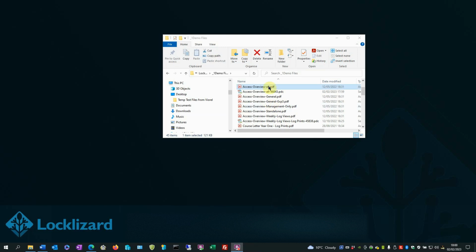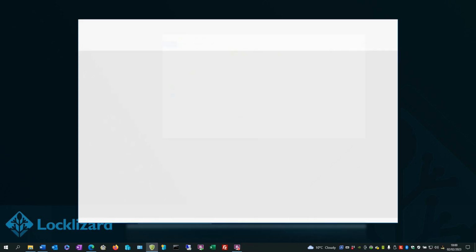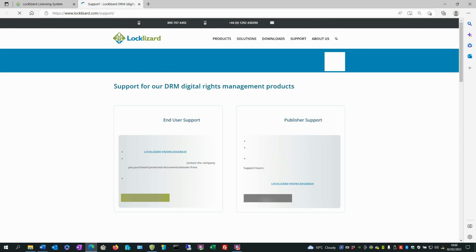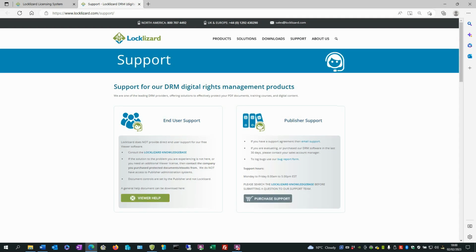Now if we double-click on the newly protected file, the Safeguard Secure Viewer will start to load and then direct the customer to the website or web page that you've set in the URL. In this case, we've sent them to the support page so they can see where they can get end user support and publisher support. So if we close that down,